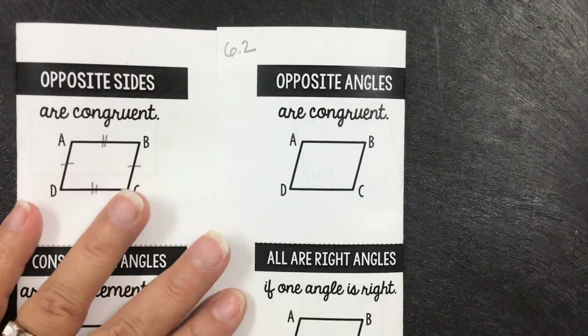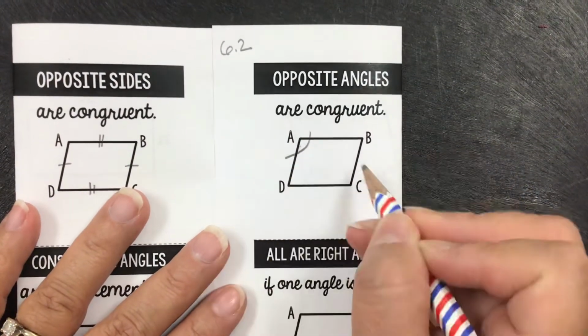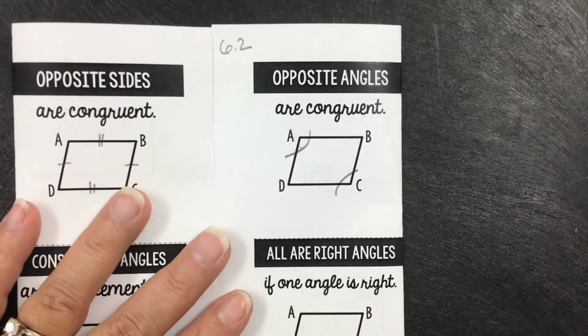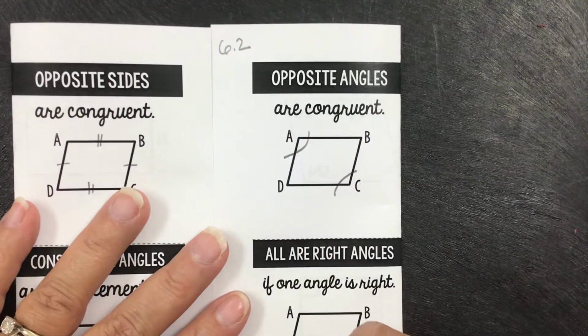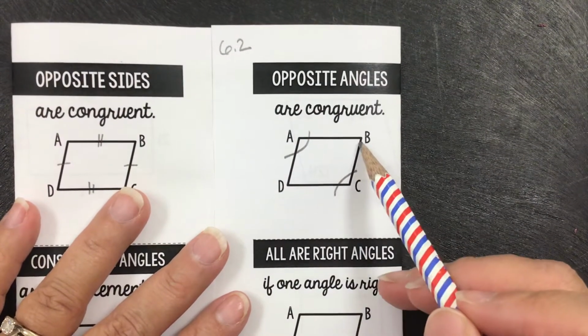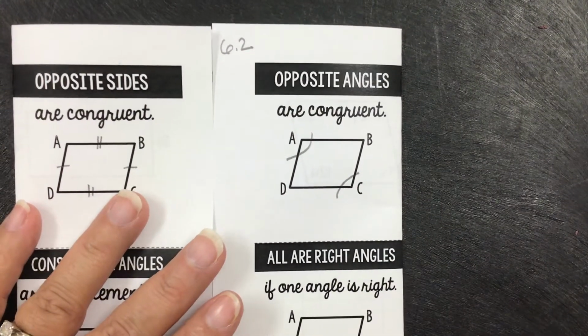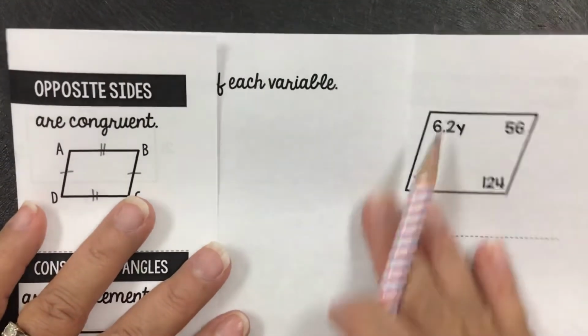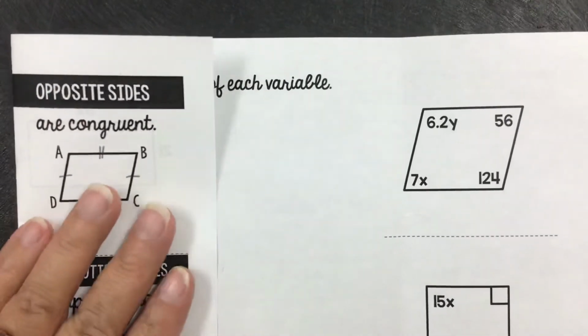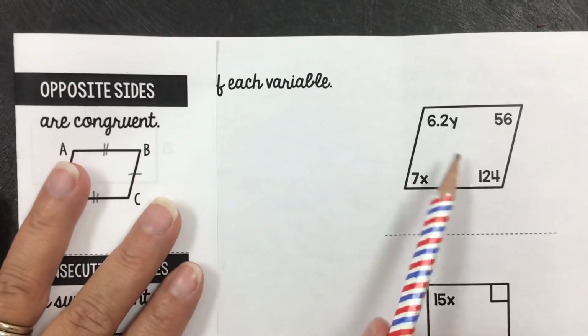Opposite angles are congruent. That means that this angle is equal to this one. I'm only going to use that marking so it's not as confusing. But D and B are also congruent to each other. We just are not going to write it down. But we need to understand that, because when we have a situation like this, we'll know that